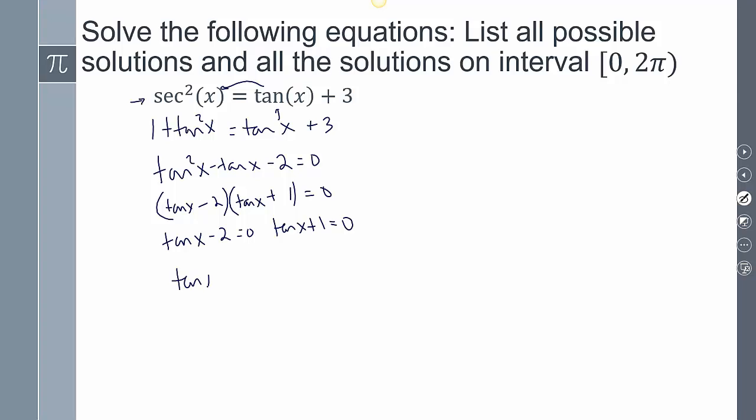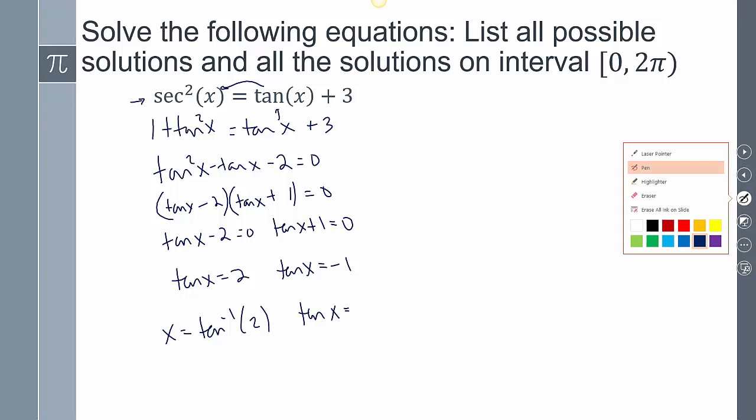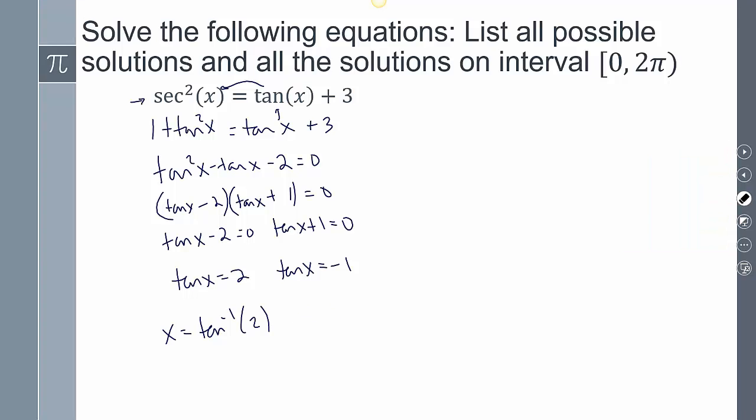And so tangent x equals 2, tangent x equals -1. So x would equal tangent inverse of 2, and x equals tangent inverse of -1. So this first one we have to enter in our calculator. So tangent inverse of 2, that's going to give me x equals